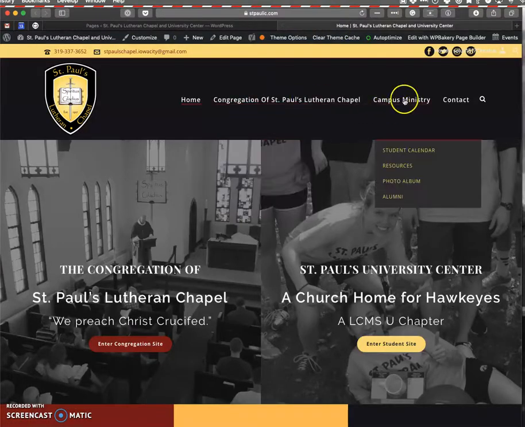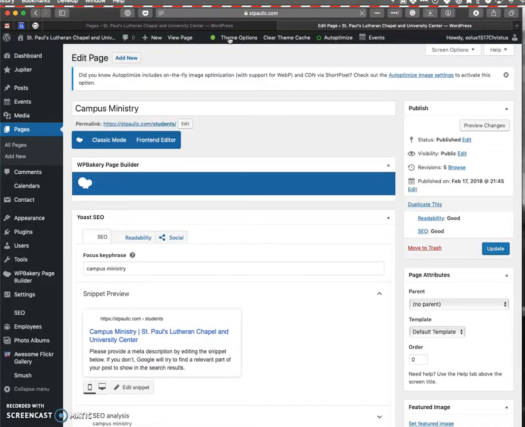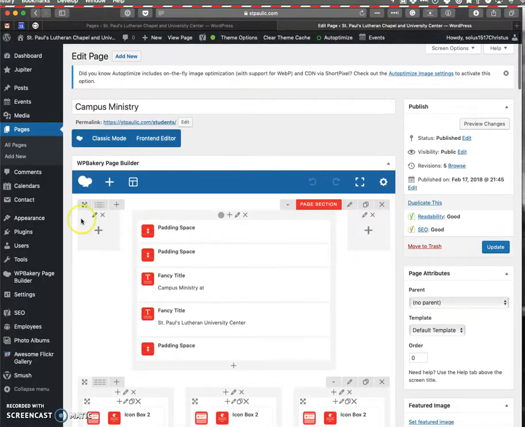So yeah, if we wanted to change other student photos, so this one will go and look, I think that Katie is now a member there, Molly is still around, but some of these other ones have graduated. If we go to edit page, this is going to be a background image, and we're in a page section